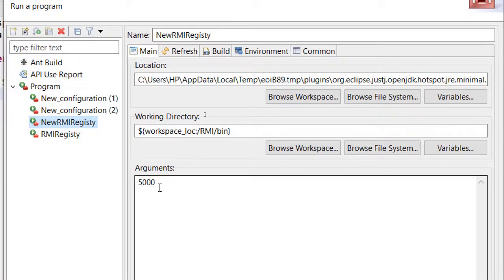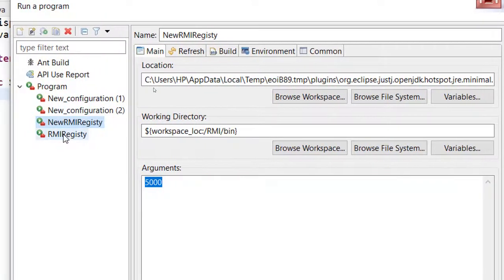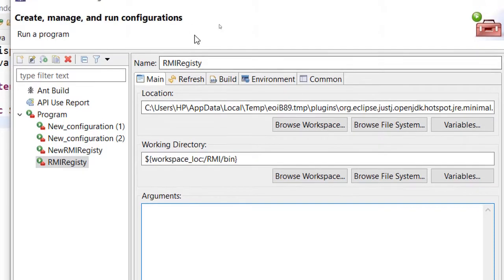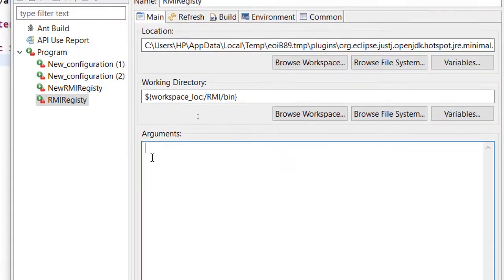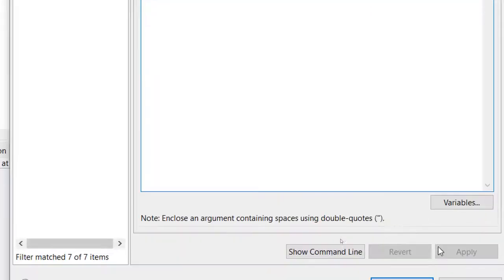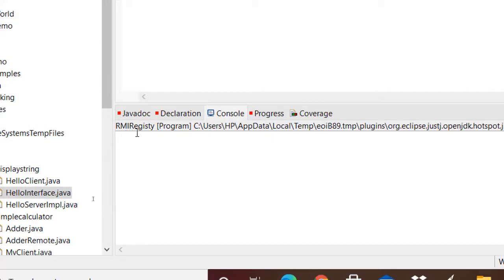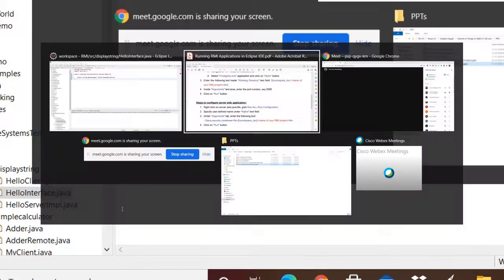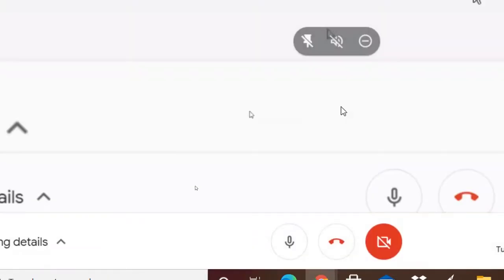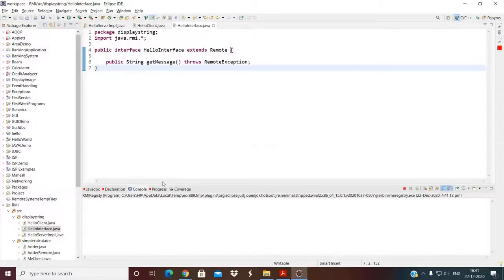The new RMI registry has the argument 5000, but this RMI registry doesn't have that argument, because my program currently doesn't use port number 5000. So I don't specify this argument here. I click on run, and you will notice that the RMI registry service is now running.